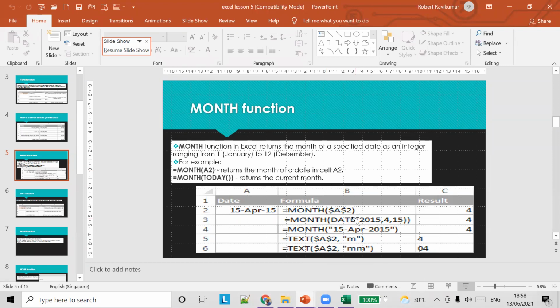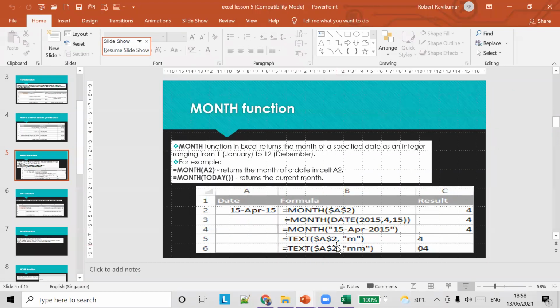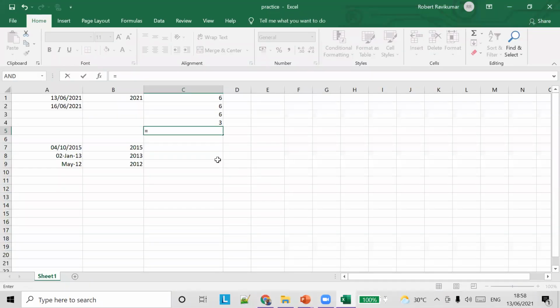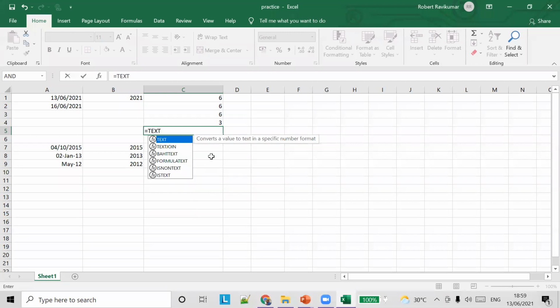And if you want to format the date, you can format it.